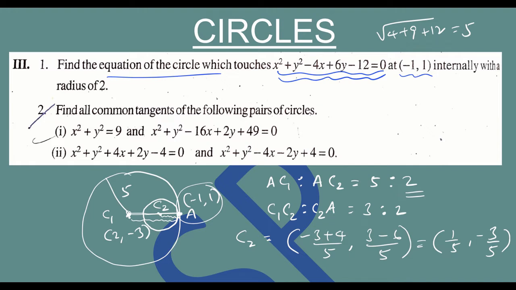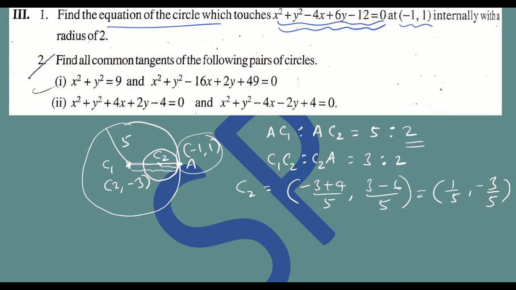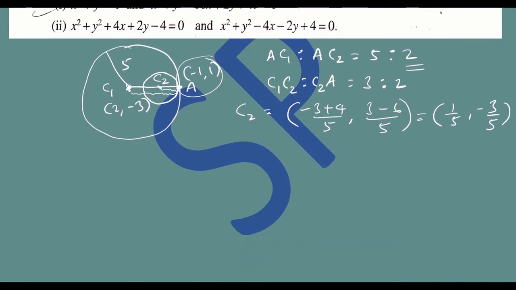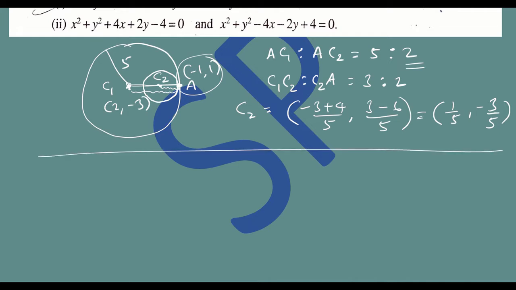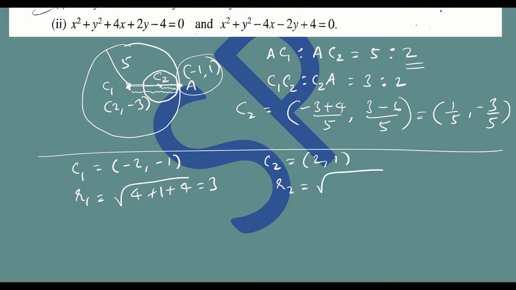I leave it there. Now actually this third Roman second problem we have already done as a solved example. Okay, for fun I will do the second problem, second part. Let me first see how the circles are placed. For the first circle I am writing the center which is (-2, -1), and for the second circle the center is (2, 1). The radius of the first circle is root of g square plus f square minus c, which is 3, and for the second circle, it is root of g square plus f square minus c, so I get 1.